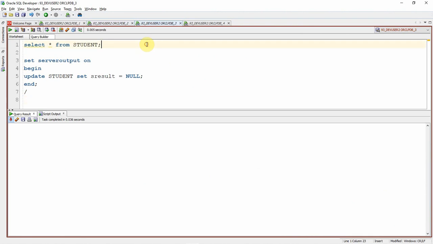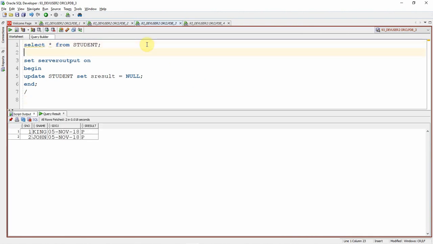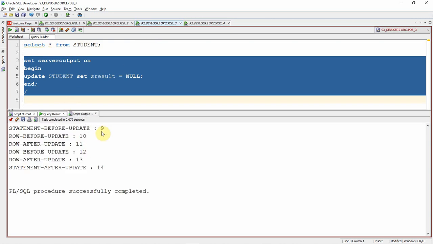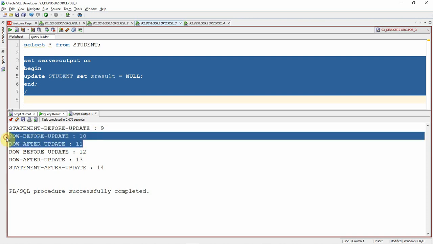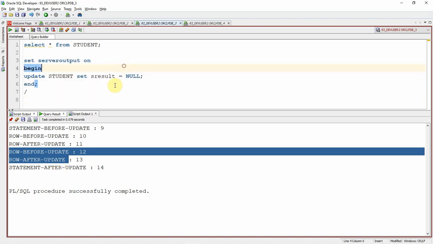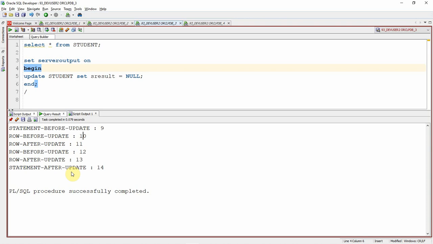Fine. Now let us check how many records. Yes, we have 2 records. Now if I execute the update statement, you will see the statement level trigger gets fired once because that is for the statement, whereas the row level triggers, that is the before and after, got fired twice. This is one set and here is another set, because the row level trigger will get fired for each and every row that is getting affected. Fine. So in the previous example and in this example, only the DML specific triggers got fired. In the previous example, only the insert related trigger got fired. In this example, only the update related trigger got fired.